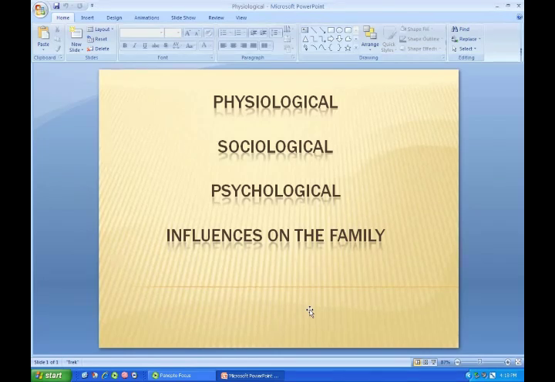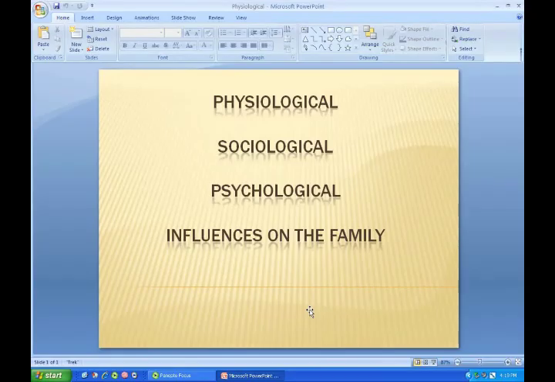Fourth variable, the degree of the individual's alienation and maladjustment to society. So if I do drink, is this going to separate me and alienate me from society? Well, being a college professor, I don't want that to happen. I don't want society to look down on me. I don't want my students to look down on me. So yes, that'll influence my drinking. So yes, that number 4 for sure.